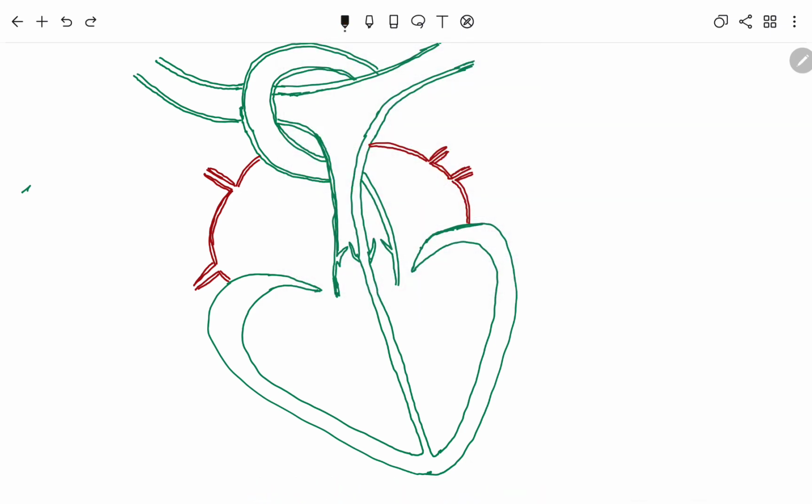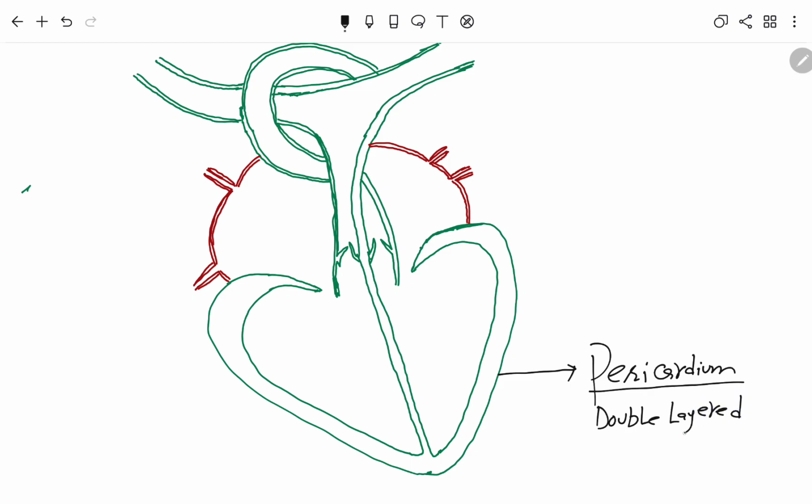Now we are going to label this. This is the covering of heart, which is called as pericardium. It is a double layered covering. हार्ट की प्रोटेक्टिव कवरिंग को हम पेरिकार्डियम कहते हैं. It is double layered. Okay, so if you want to remember the names of those double layers also, I can